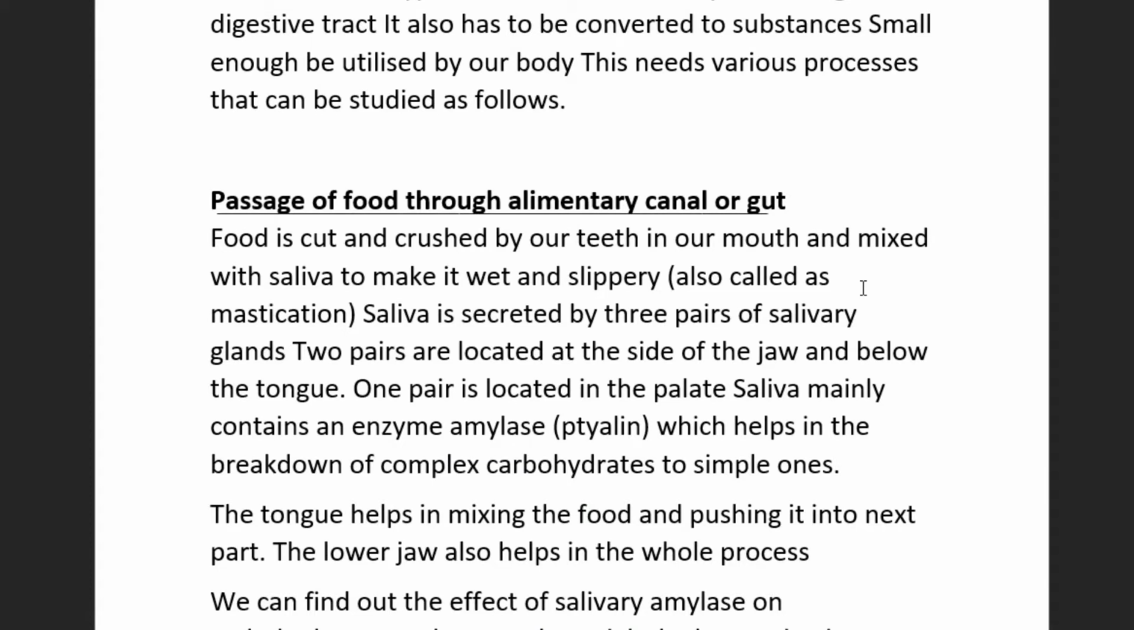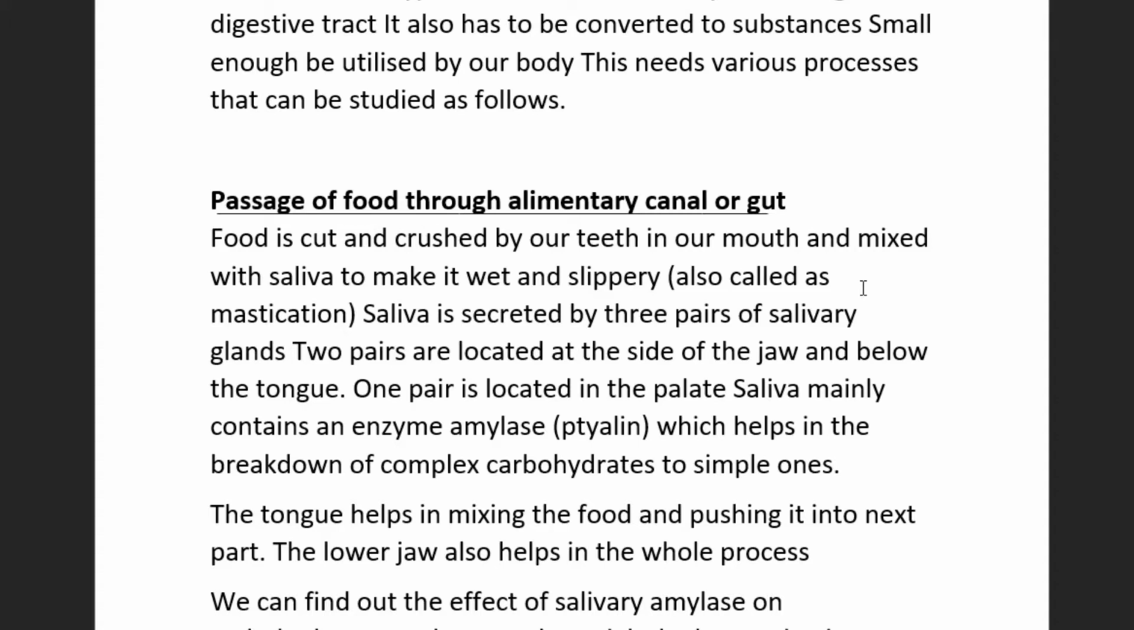The food we eat is first in the mouth, and after chewing it is cut and crushed with our teeth and mixed with the saliva. Saliva is wet, and the food becomes slippery. Chewing the food is called mastication, and saliva is secreted by 3 pairs of salivary glands: 2 pairs are located at the sides of the jaw below the tongue, and 1 pair is located in the palate. Saliva contains enzymes, amylase like ptyalin, which helps in the breakdown of complex carbohydrates into simple ones,